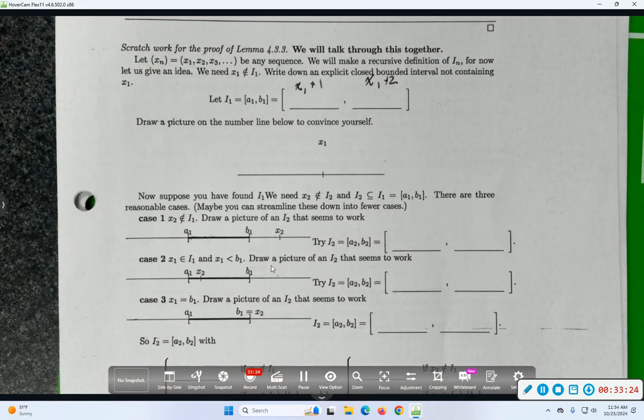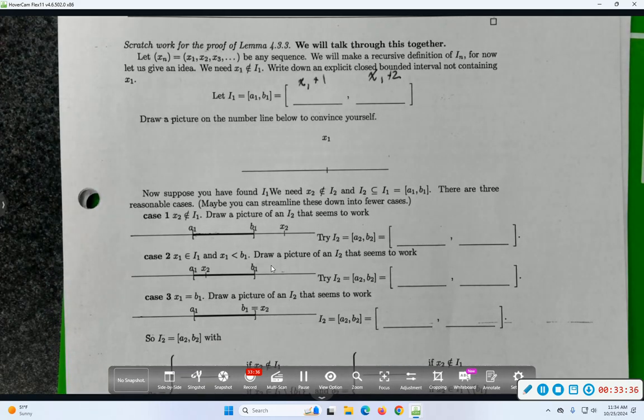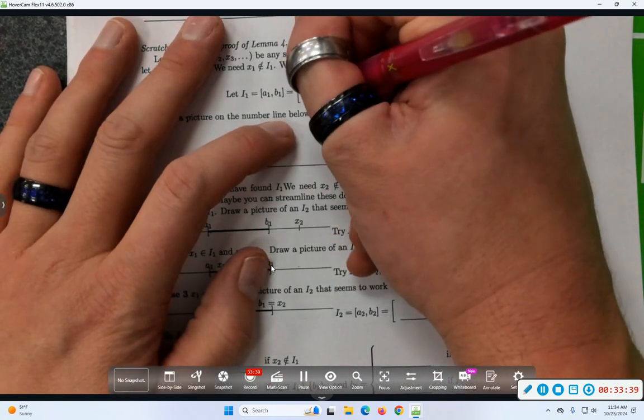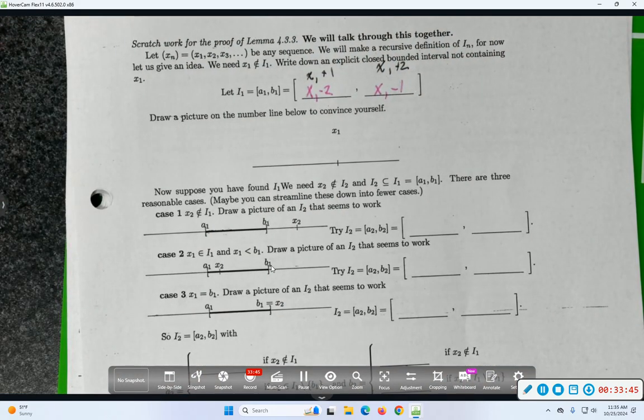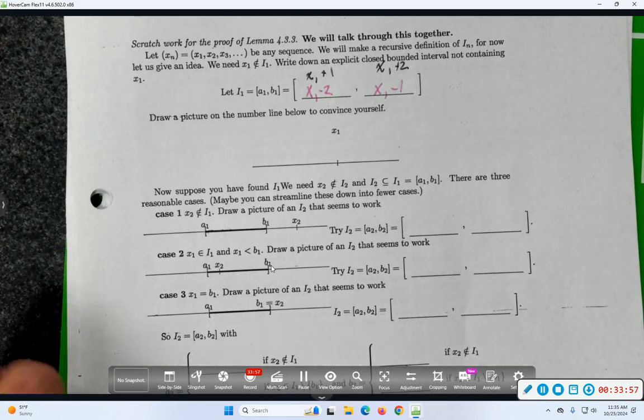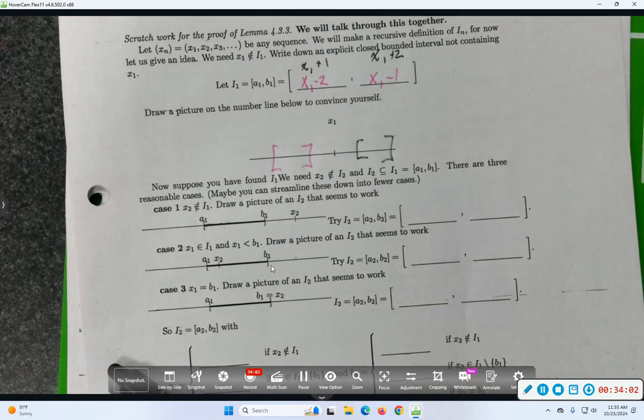Did anyone come up with different candidates? Can you switch them and just use your direction? Sure. What endpoints do you want? That'll work. Anyone come up with other things? Those are two intervals that definitely don't contain x1, right? Nice. I guess the difference is whether or not you want the picture to look like that or like this. Both fine choices.